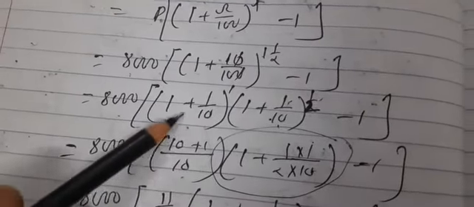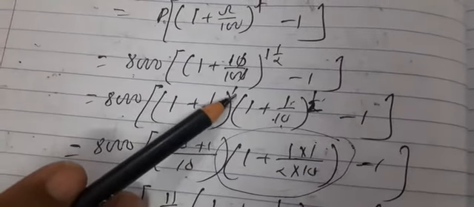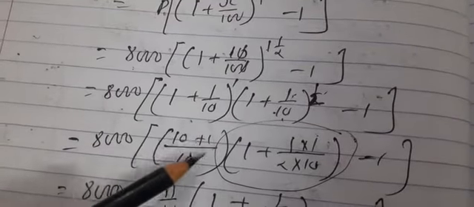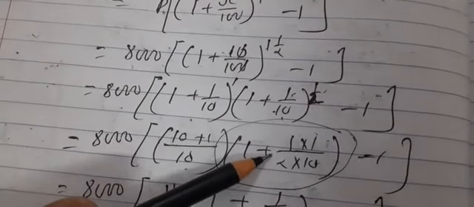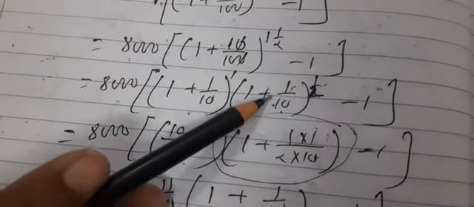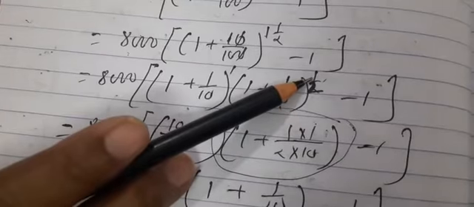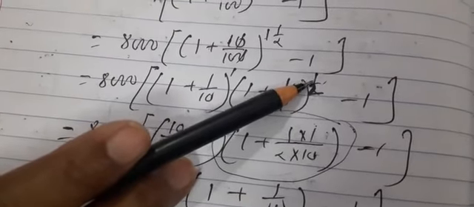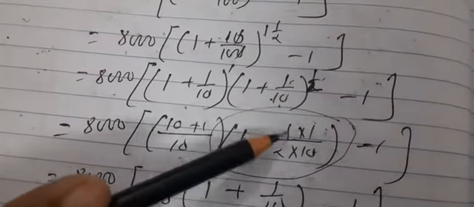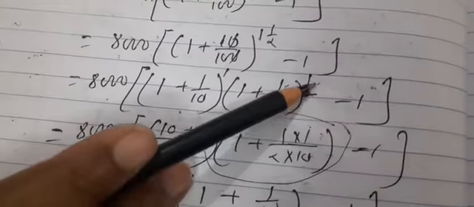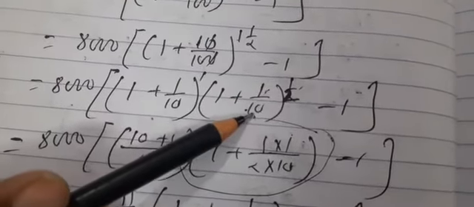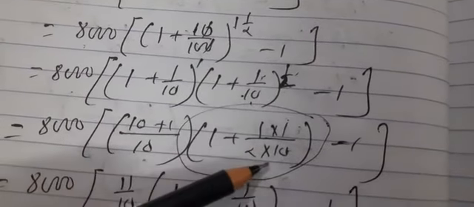Next step, because there is nothing to do here, simply we have added the fractional numbers. 10 is the LCM, and 10 plus 1. Now coming to this bracket, that is the main part of this question. I was explaining to the student sitting around me that whenever you see that time is given as a fraction, you just multiply that fraction inside it. As we are writing 1 plus R by 100, whatever is the value here, you just multiply here. The numerator will be multiplied with the numerator, and denominator with denominator. So 1 into 1 and 2 into 10.